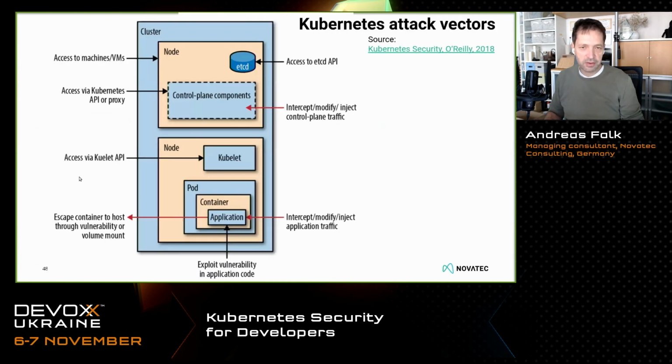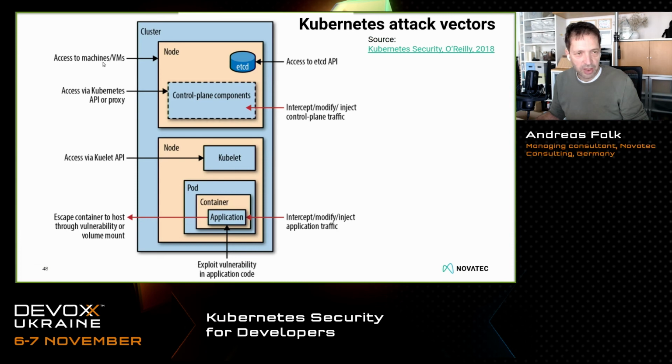So this is a really fast overview. What is more important for us security-wise is that Kubernetes opens up lots of attack vectors. This is taken from an O'Reilly book, Kubernetes Security, which is freely available. You have plenty of points to attack a Kubernetes cluster. For example, as I've told, the etcd port, or you can attack over the API of Kubernetes, the so-called control plane components. Kubernetes always has two node types running: one master node, a control plane node, which controls the whole cluster, and the worker nodes where you put your pods, your applications.